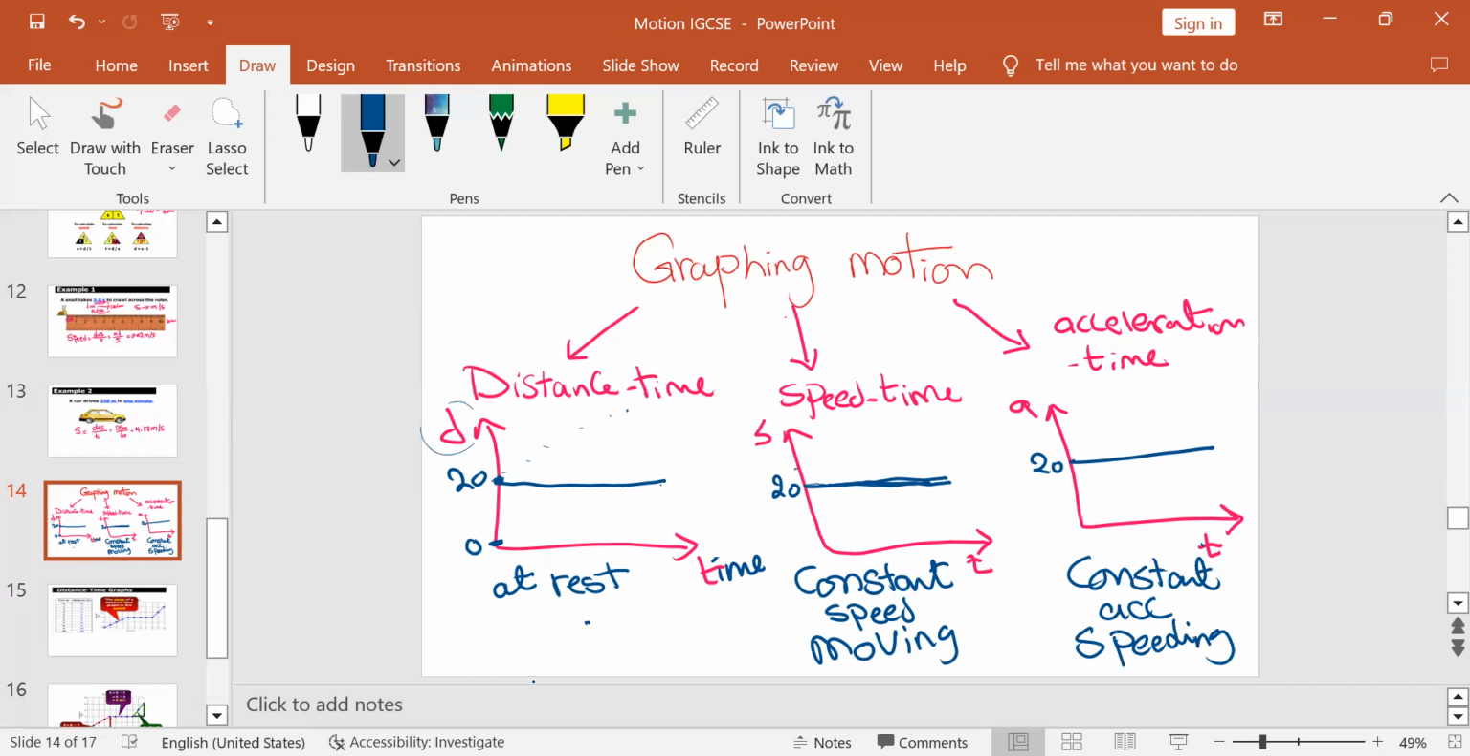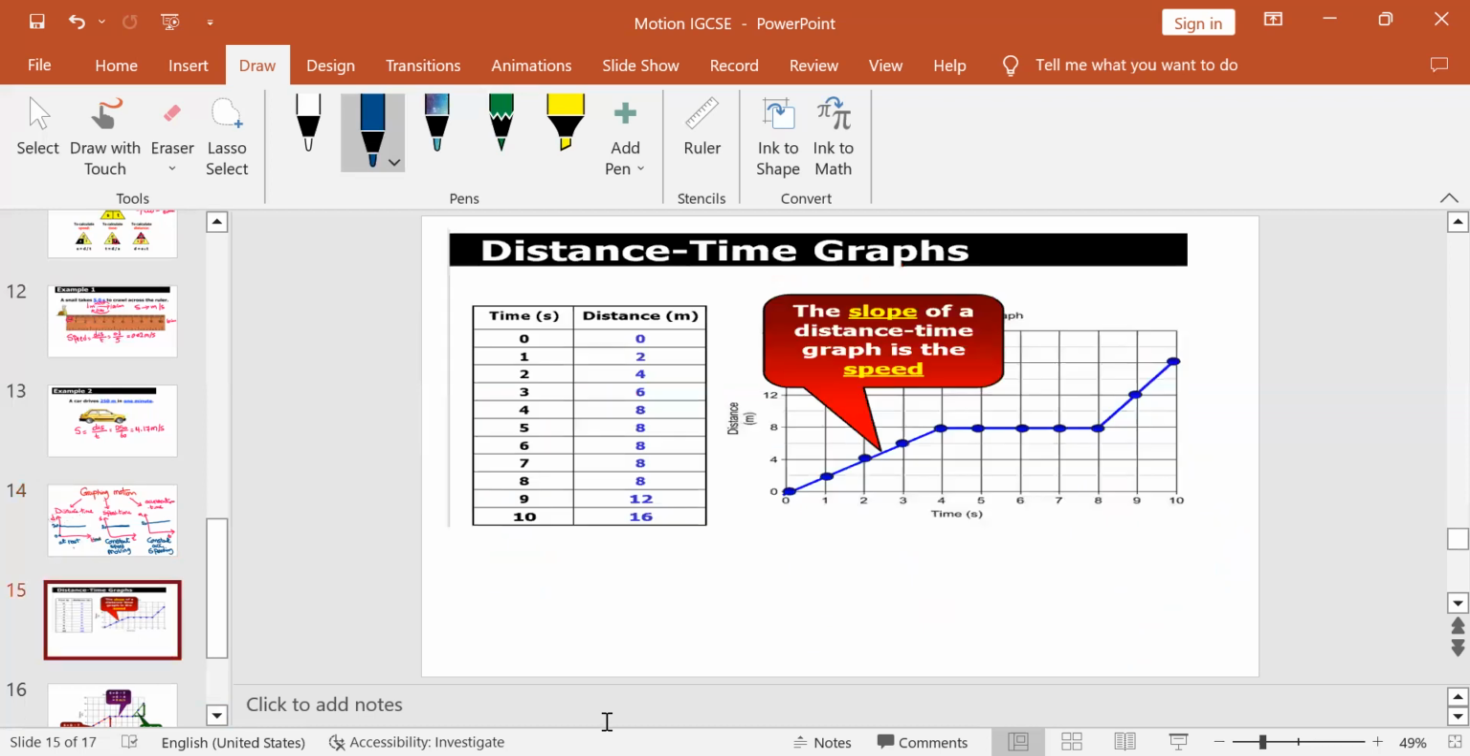What is going to make the difference is the quantity that's represented on the y-axis. Okay? Right. Let's see this distance-time graph. Here, from the table, if we plot the graph from the table,